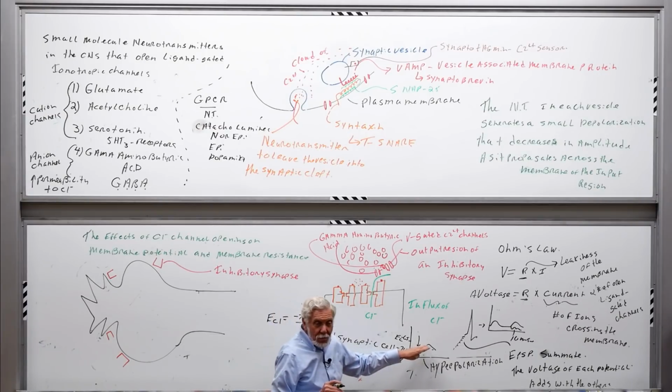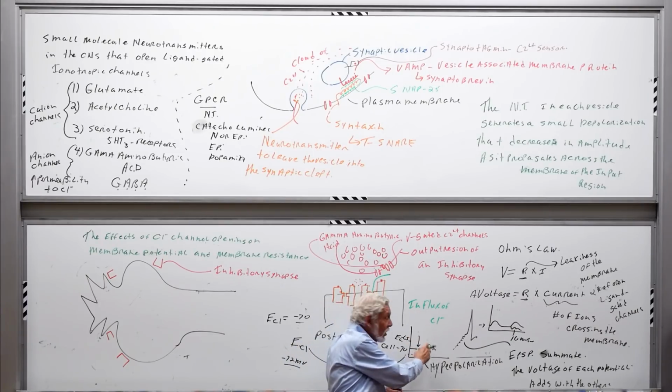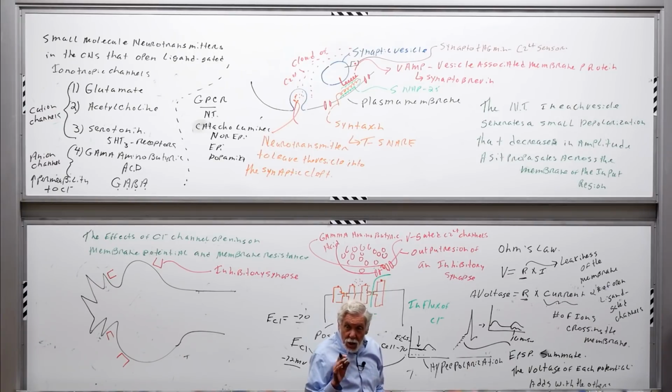And at this point, most students say, wait a minute, whoa. I mean, you've told me depolarization is always excitatory. And now you're telling me there's an inhibitory neurotransmitter that's in fact depolarizing the membrane. Both are true. And the reason they're both true